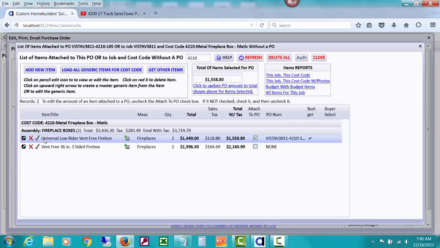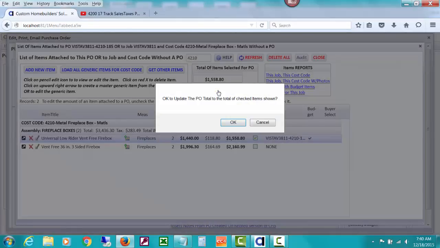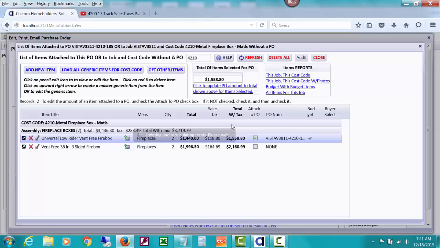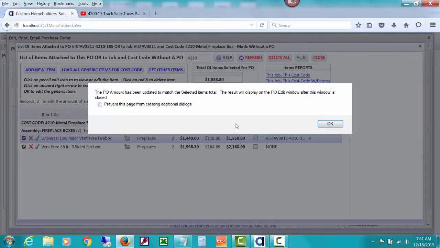Sometimes the items will come in because we did them on the budget. We were comparing some things and looking at them and then choosing certain things for the budget. Notice how this one is check marked that it was on the budget. So I'm going to go ahead and attach this item up to it. But what I'd like to show you is the total was for $1,440 when we set up this item, and the sales tax was for this amount. And if I go ahead and click to update my PO amount to this item, which it already really was because that other item was for the same amount, but